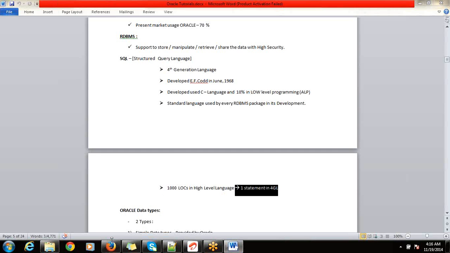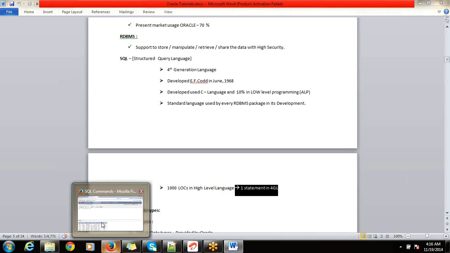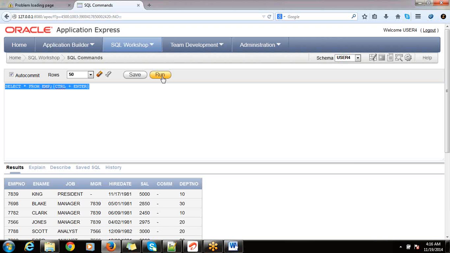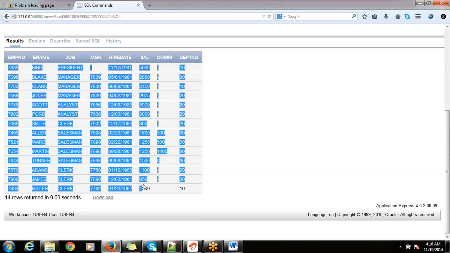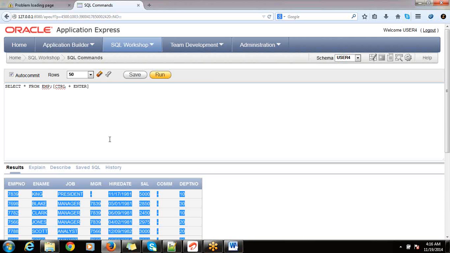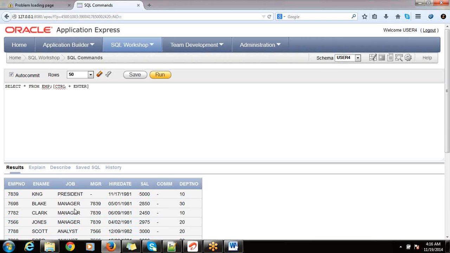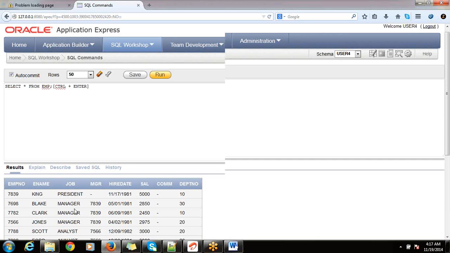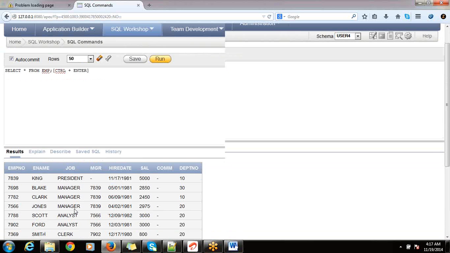Like for example, I just showed you a single statement, select star from employee, and I have clicked on this run button. It is displaying all the employee data present in this. To perform the same thing in Java programming language, a Java programming language also can be used to display the employee details. So Java will communicate with a database, and from the database it fetches the employee records, employee data, and it displays onto the browser.